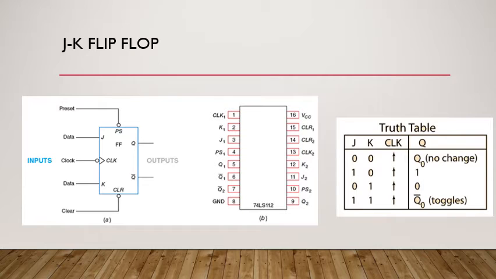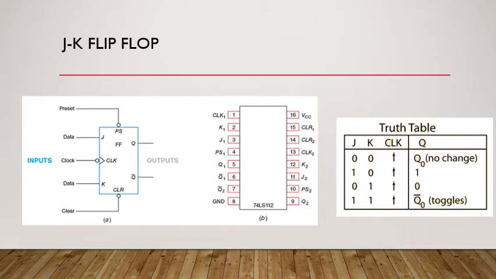Next we come to the JK flip-flop. As you can see from the diagram, the JK flip-flop has inputs J and K, which act as the data, a clock input, and Q and Q bar as outputs. We have shown two more inputs here which are preset and clear. These are important, like you can see in the IC, when we use the JK flip-flop IC, we have these pins available. So using the clear input, we can clear the output, making it 0 intentionally.